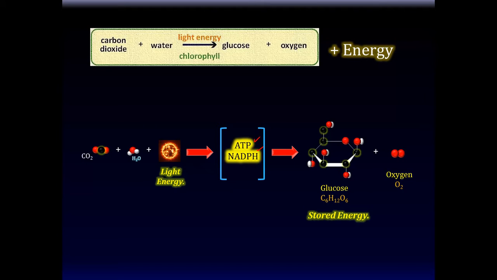Now this is how we get energy from plants. So we don't get ATP and NADPH from plants. So our focus tends to be in this way. But from a plant's point of view, it doesn't make glucose per se. It makes ATP and NADPH, right? And uses it for its daily responsibilities. And then if it wants to store the energy, it stores it in glucose for the winter days, so to speak,